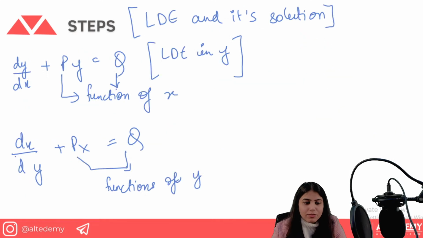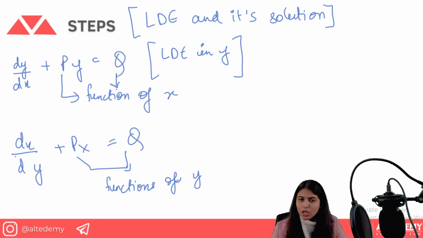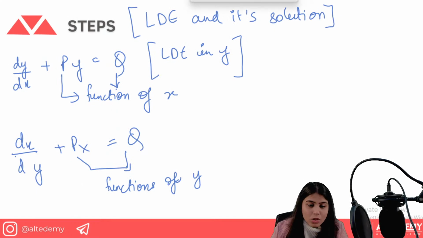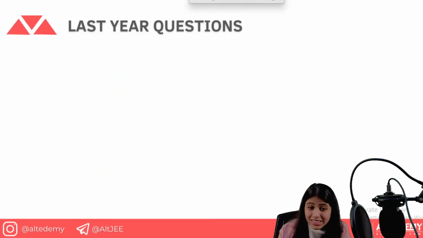So what are the steps? These are the same steps which you take in linear differential equation. The only thing which was different is, you had to divide it by y to the power n, which was making the change, and then you have to do the substitution method to make it into the form of linear differential equation. Now when it became the linear differential equation, you can follow the same steps. Okay, so what are the steps you have to follow? This is the trick which you can follow easily.